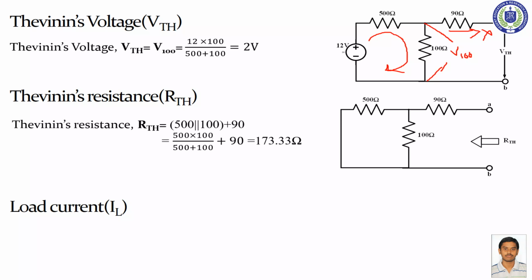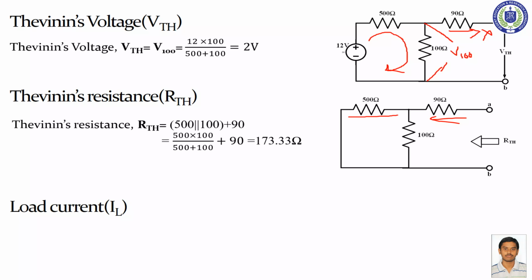Next we calculate the Thevenin's resistance. Here a voltage source is present, so the voltage source is short circuited or replaced by its internal resistance. Here 500 and 100 are in parallel connection and 90 is in series, because if the current flows through this path,